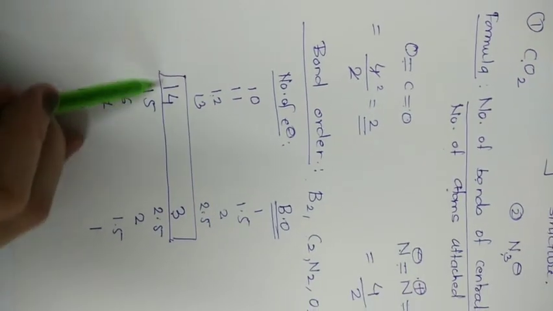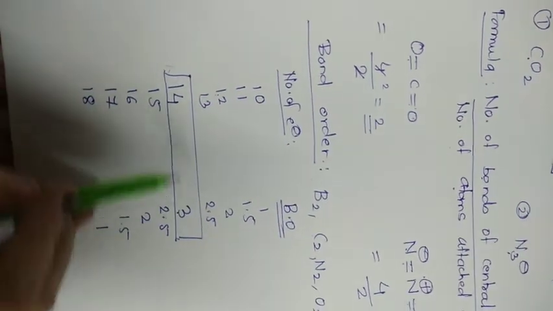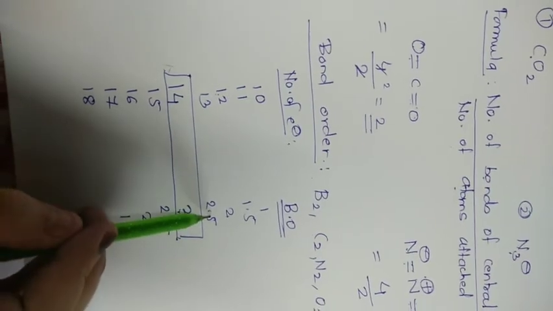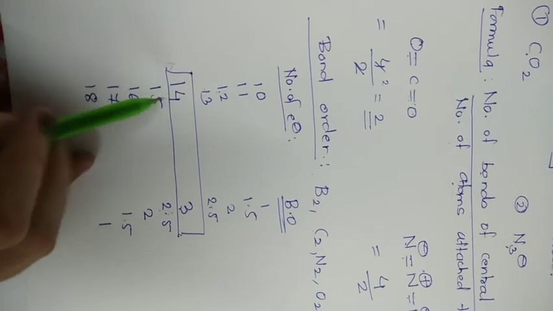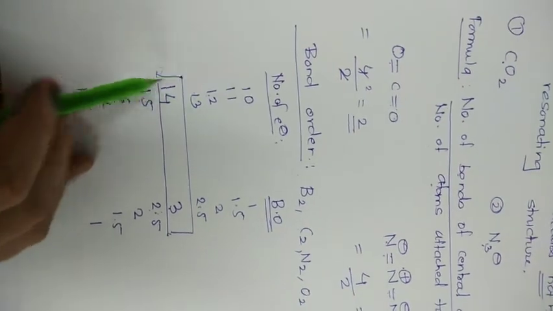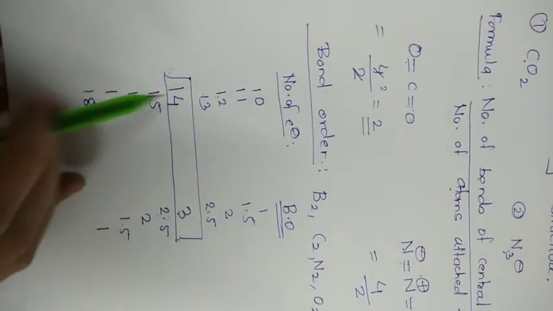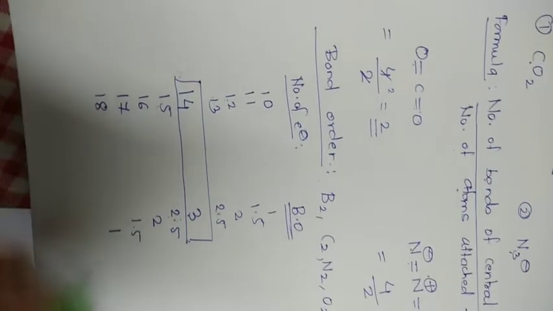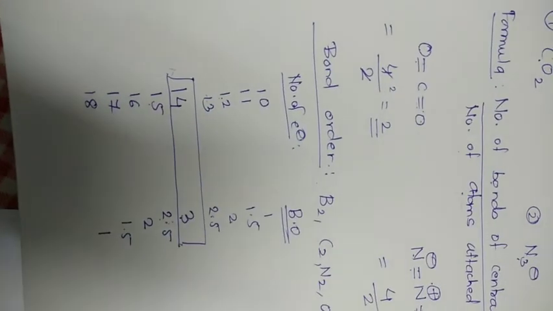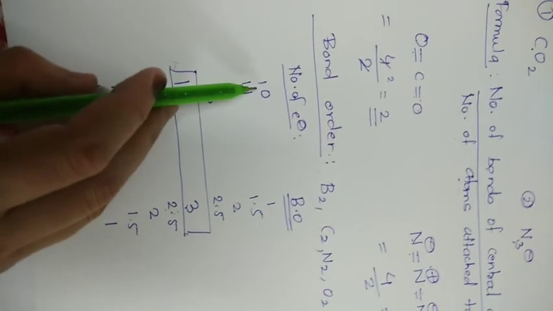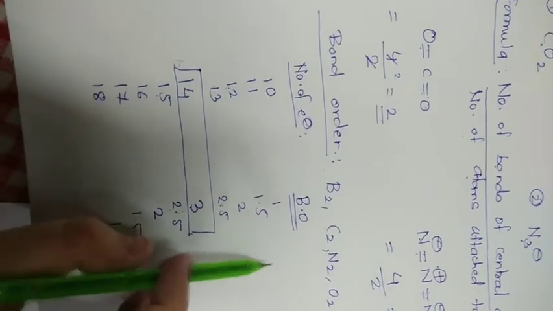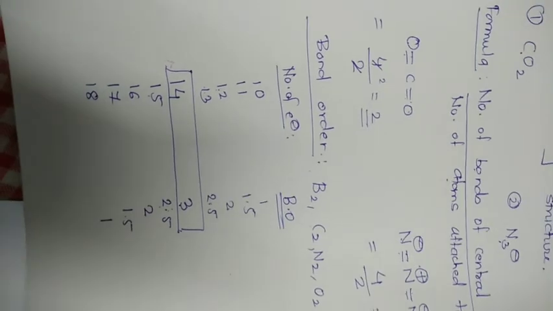But how to write this? Remember this way. 14 equals 3 and reduce by 0.5, 0.5, 0.5, 0.5. Similarly, here also reduce, and here increase. Here we have just written the series 10, 11, 12 this way. Now comes the question, what about 1 to 9? If the electrons are 1, if the electrons are 2, how do we calculate bond order? It also has one trick. So let's see that also.